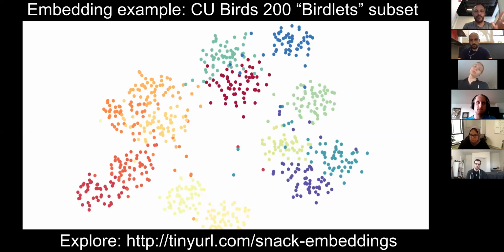Then set up those grid stimuli and put it on Mechanical Turk or some crowd work platform, and just ask people to indicate which birds look similar and which look dissimilar, again without any notion of what the birds are called. Okay, so run it through Snack, produce the embedding, which is shown here, and then put back the labels. So show the labels in terms of this color coding, and then look for anomalies.